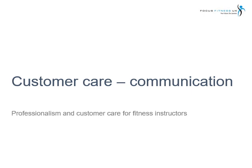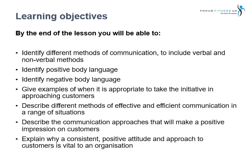So when building customer care, communication is an essential part of what we do. We're going to look at some different things here. Identify methods of communication, including verbal and non-verbal. We'll talk about positive and negative body language, give examples of when you should take the initiative, give different situations